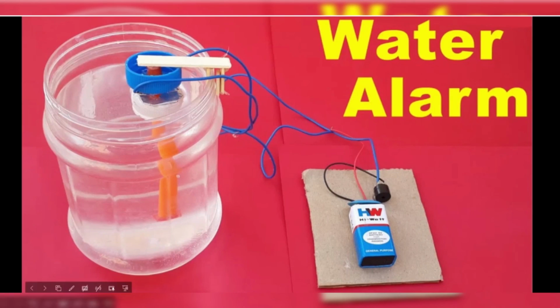As you can see in the given slide, this is the simplest mechanical version of the circuit. It consists of a beaker with water, a conducting plate, a battery, and a buzzer. The bottle cap has been stuck with a plate so as to measure the water level. As the water level increases in the beaker, the circuit gets completed and the buzzer blows off, indicating the water overflow. So that's it from our side.